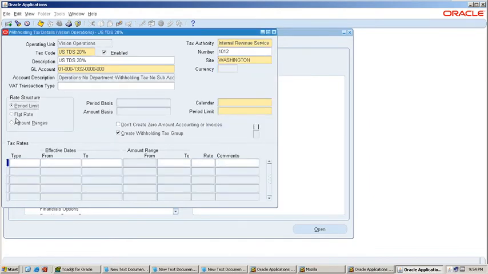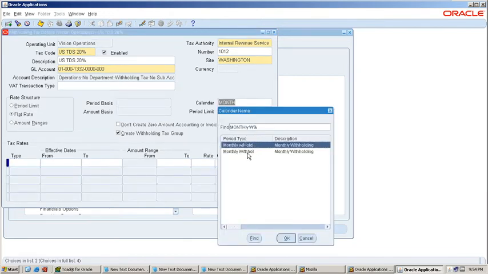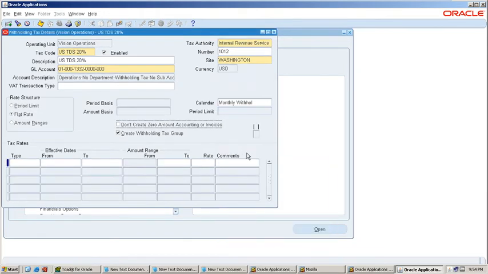Then here you need to select a rate structure. Either you can select period limit or flat rate. Now I am going to select flat rate, and the calendar I have shown as the monthly withholding calendar. Now for the type you need to specify the standard type, and the rate, what rate we are planning to deduct as withholding tax, 20%.